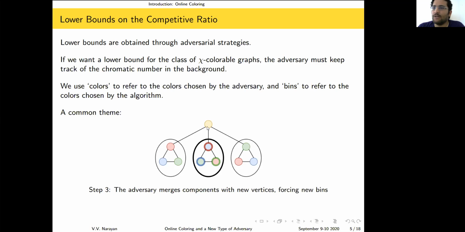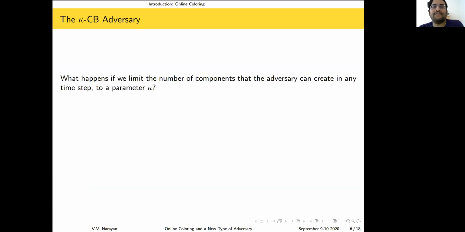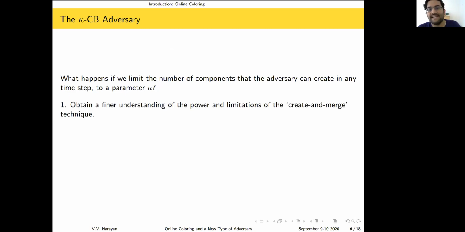So if we want to understand the power and the limitations of this create and merge technique, we introduce an extra restriction on the adversary. We call this the kappa component bounded, or kappa CB, adversary. What we ask is, what happens if we limit the number of components that the adversary can create in any time step to a parameter kappa? This allows us to obtain a finer understanding of the power and limitations of this technique, but it also has